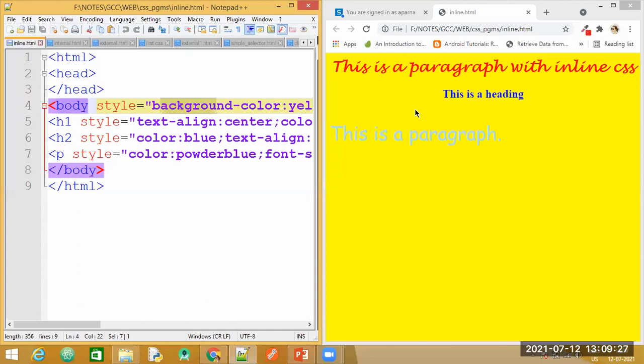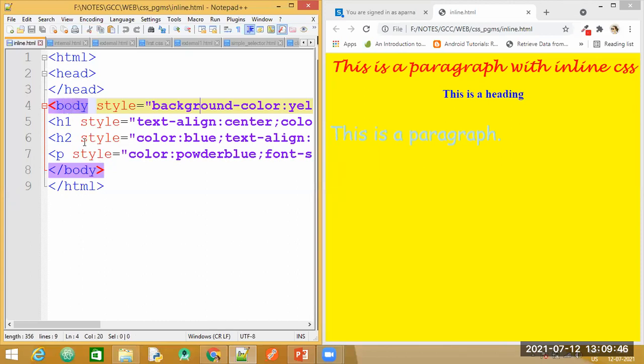You can see the yellow background color is covering the entire browser screen. So when I apply this style property with the background yellow, all the elements present inside my body tag get a yellow background.